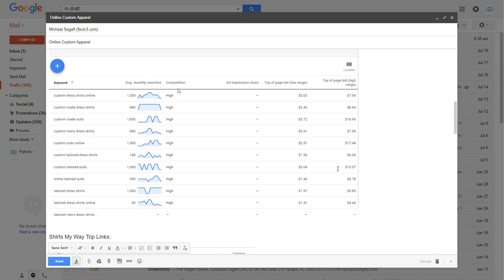Custom tailored suits, $50. Yeah. So the strategy would be, whatever budget we would get, to start with mostly long tail searches, like custom built dress shirts online, because people know that they're going to be entering their measurements to get a shirt sent to them online. So custom-made suits, for example, is definitely what their market is. However, maybe a lot of people are thinking that they should go into a store in Tampa or whatever city they're in that makes custom-made suits, so they could be looking, not even thinking about online. So eventually that would be a good keyword,